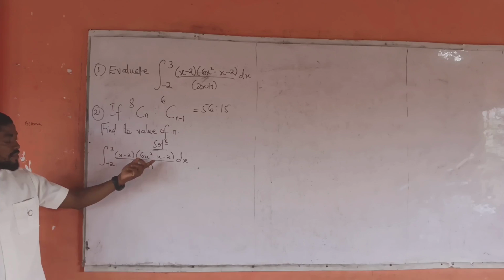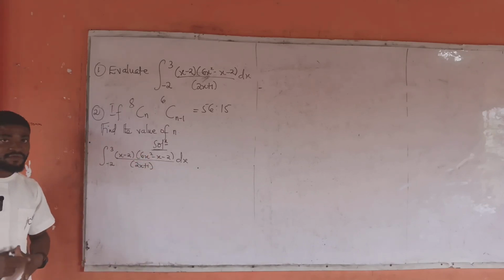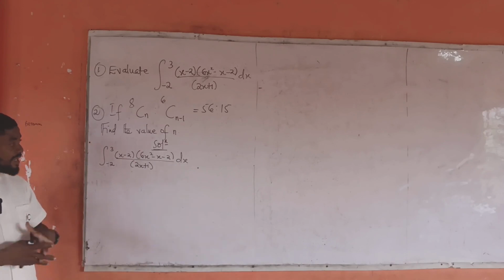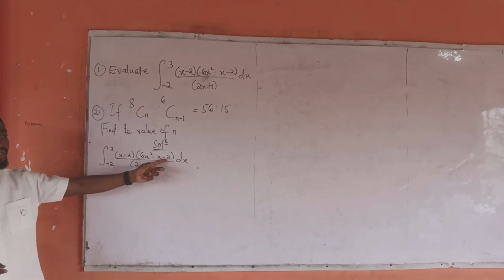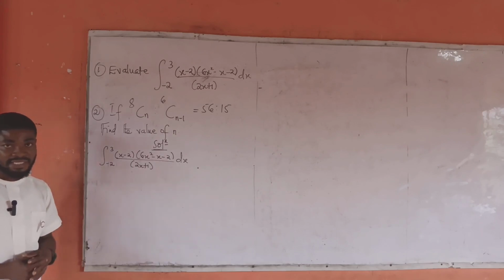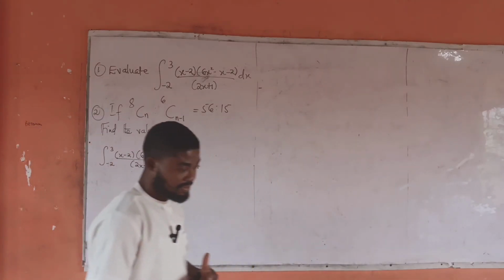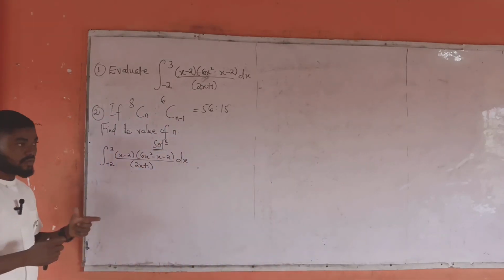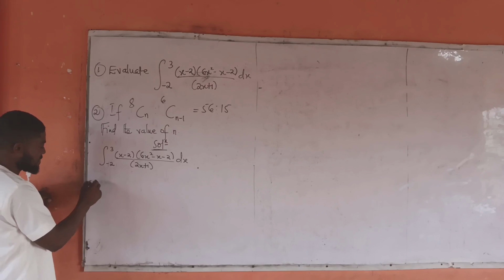I think it's possible to factorize this side and then see if we can do one or two cancellations if it is going to work. So 6 times negative 2 should be negative 12. Looking for two numbers such that when I multiply I get negative 12, but when I add I get negative 1. That should be negative 4 and then positive 3. So I can have this now as